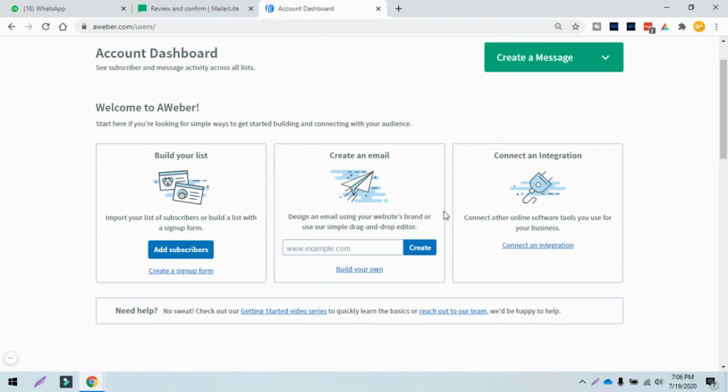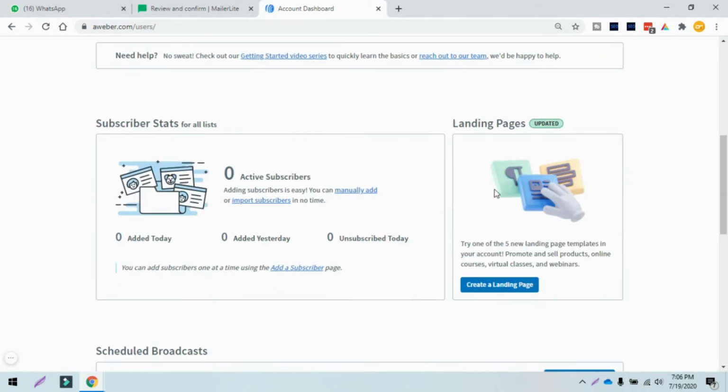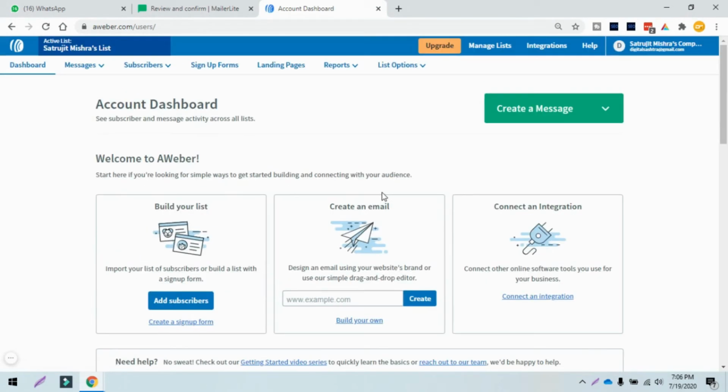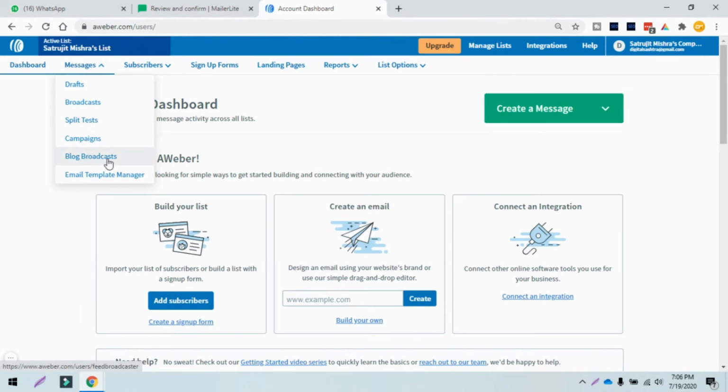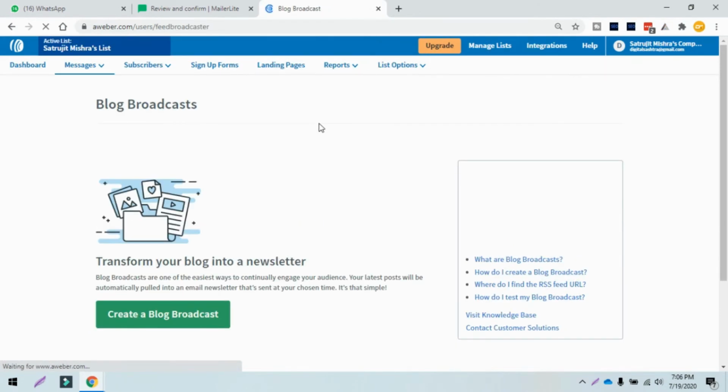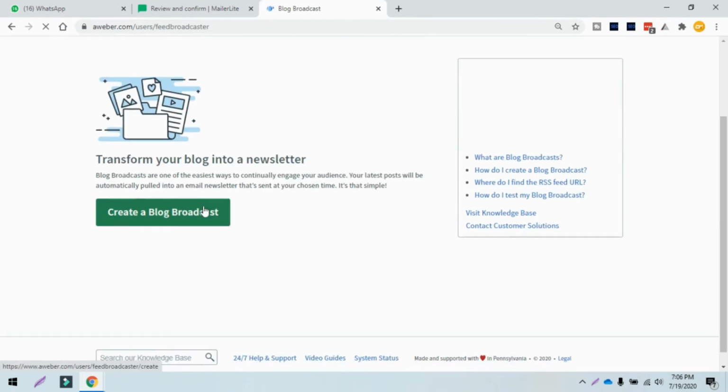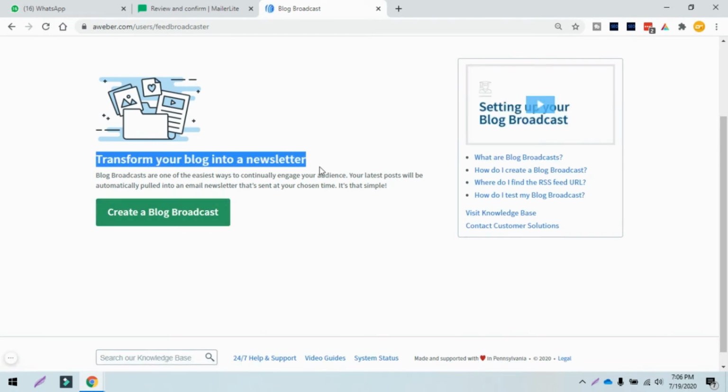Now that we know how to build this, how to create email templates, how to connect integrations, and how to deal with landing pages, now I will show you some of the most advanced features of this tool. One of the great features of this tool, which I really love, is the blog broadcasts. Here it is. Once you go to the message and click on blog broadcasts, here you can see create a blog broadcast, transform your blog into your newsletter.